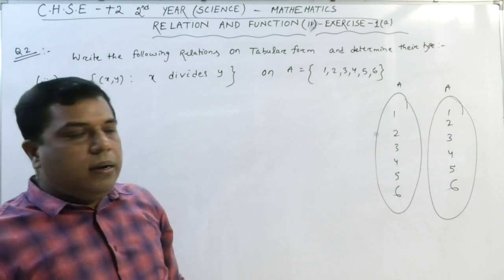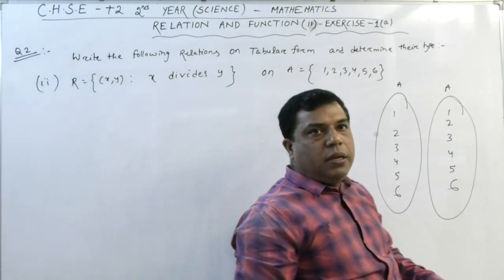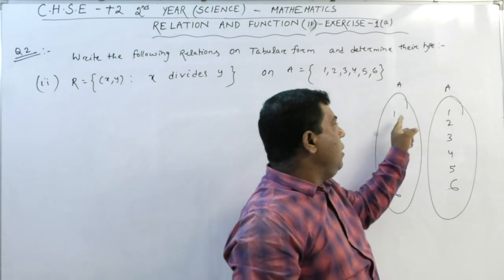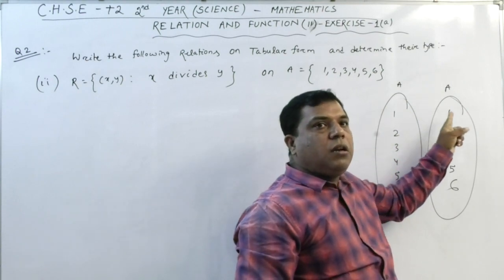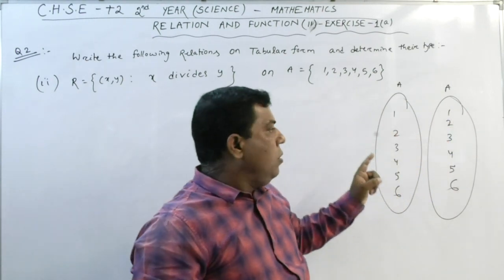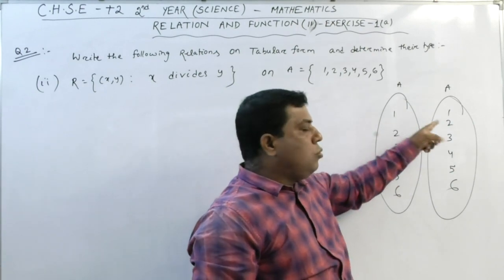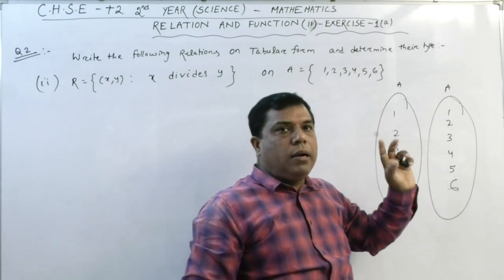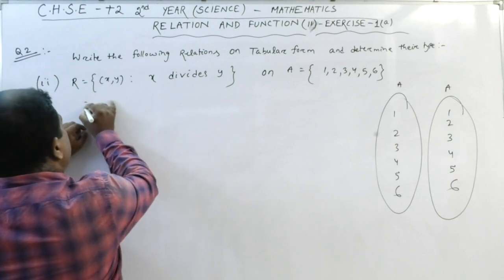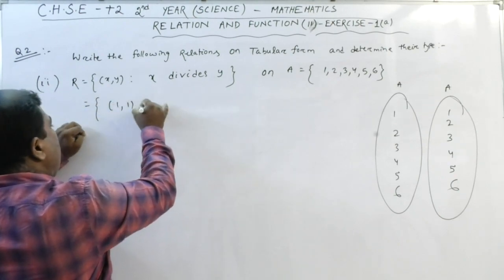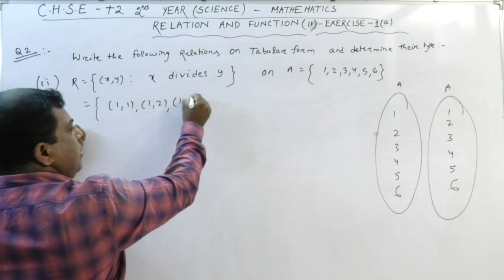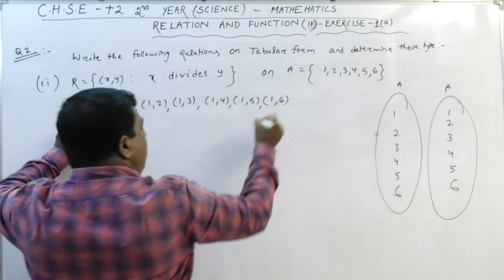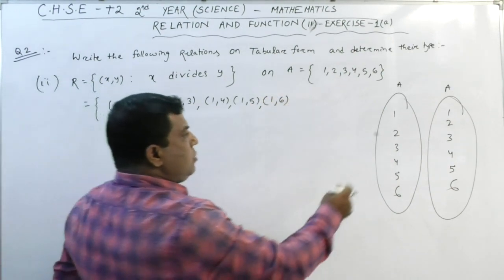So if I take 1, now we will go to solve it. Now we take an element x which is equal to 1 on A. Okay. Now we check 1 is a divisor of what? 1 is a divisor of itself, 1 is a divisor of 2, or 2 is divisible by 1, or 1 is a divisor of 3, 1 divides 4, 1 divides 5, and 1 divides 6. So I can write the ordered pairs as (1,1), (1,2), then (1,3), and (1,4), next (1,5), then (1,6), and for 2 what I write is, is 2 a divisor of 1?